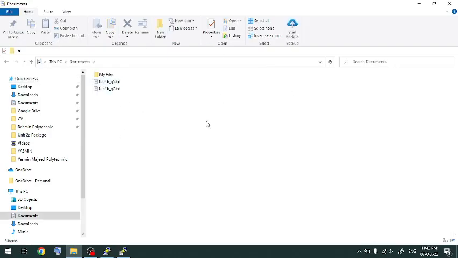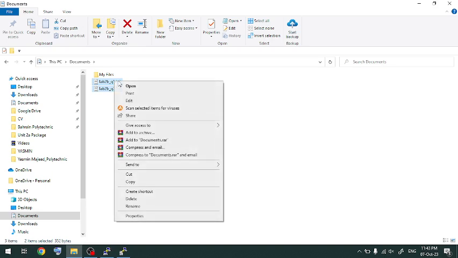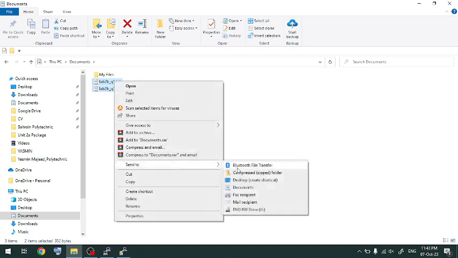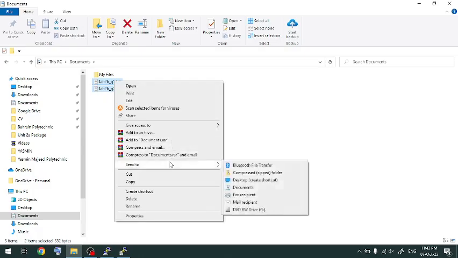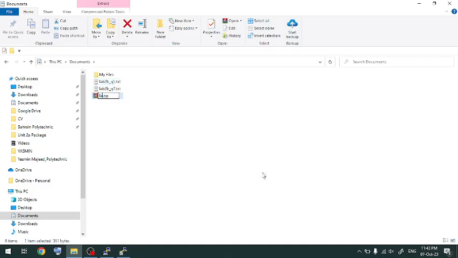Now I want to send them on or upload them on the Moodle. And I can only upload one file on the Moodle, so I have to make a zip of it, or let's say compress it. I'll select the two files, right click and then send to option. You can do other ways as well. You can do add to archive or add to document, and so on. This way works best for me. Send to compressed zip folder, and then I'm going to name it lab2b underscore your ID,